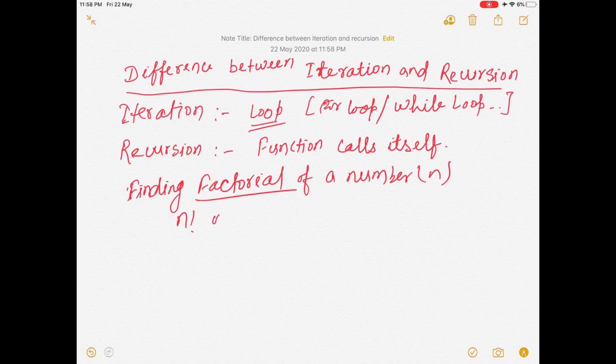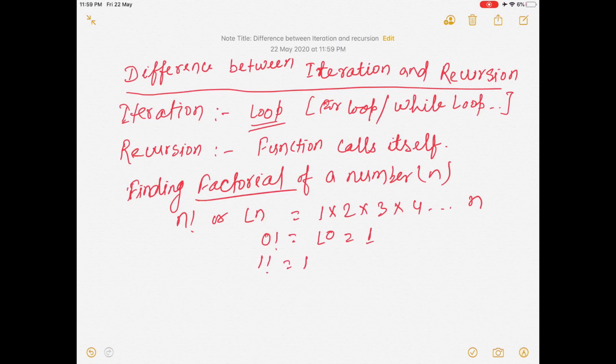Factorial is basically, in mathematics, denoted as n!, and it represents 1 into 2 into 3 into 4 up to n. N has to be an integer, a whole number basically, where 0 factorial is equal to 1,